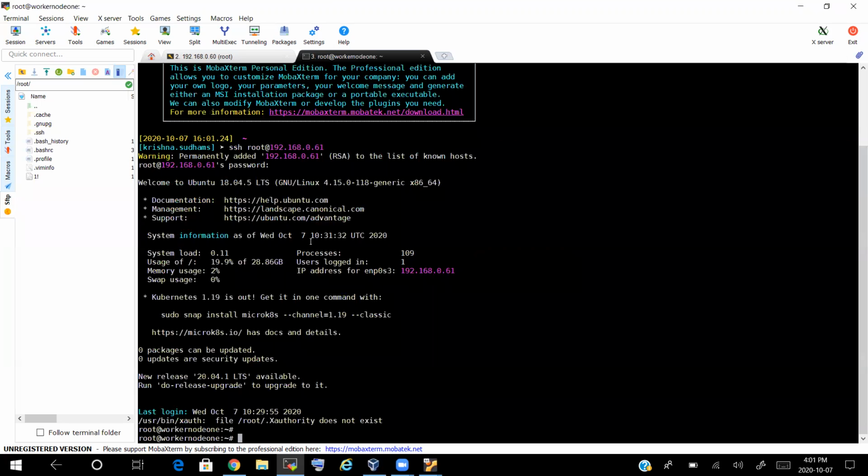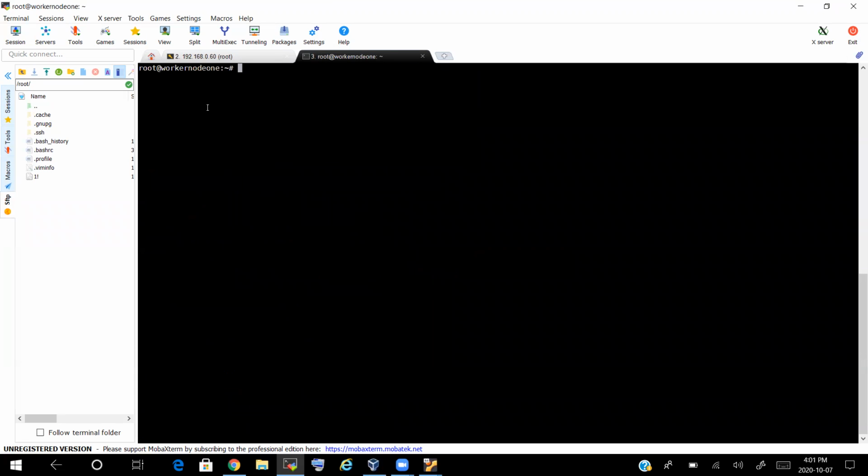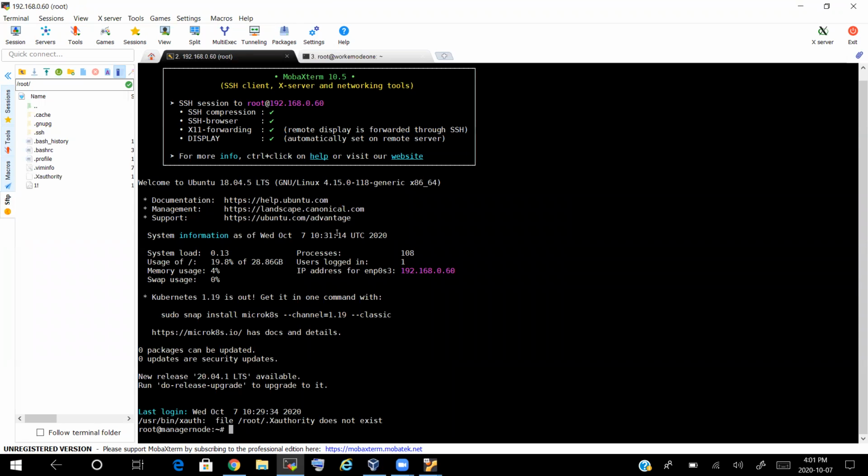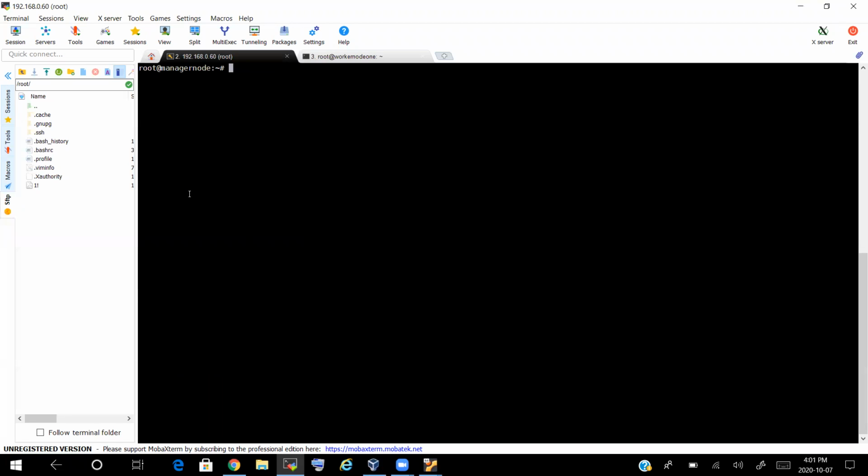Okay, so we have logged into the worker node and the manager node. I'm using only a two node setup. One is the manager node and one is the worker node. If you have enough CPUs on your base machine and enough RAM, you can launch n number of worker nodes. It's up to you. Since I don't have enough core CPUs to create multiple VMs, I'm using one worker node and one manager node.